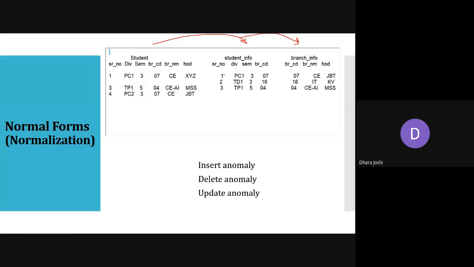The student info table will only contain the details regarding the student, like the student's roll number, their division, their semester, and the branch. And the branch information table will consist only of information relevant to the branch, which is the branch code, branch name, and head of the department. Now we'll see how these three different anomalies are solved here.